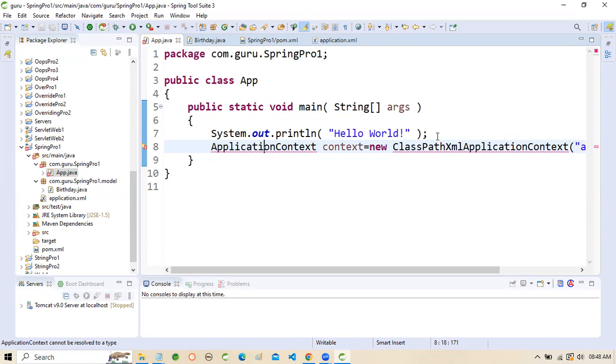We do not need any other class or interface. So this is the interface. It works like an IOC, and this is a reference of ApplicationContext. And new is a keyword, and ClassPathXmlApplicationContext is the implementation class of ApplicationContext. Okay,